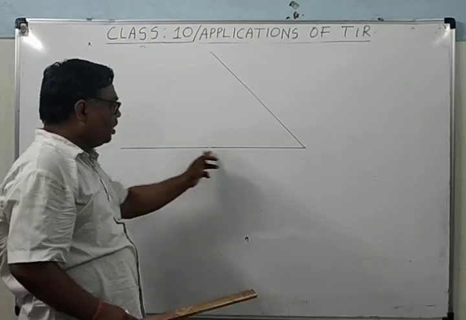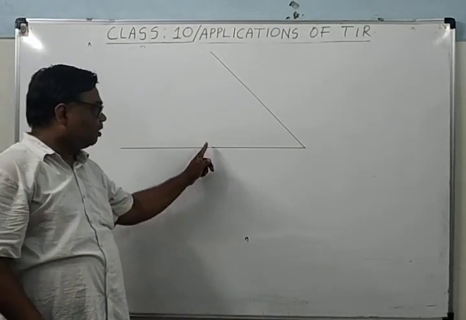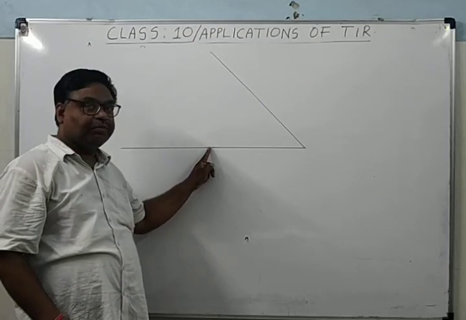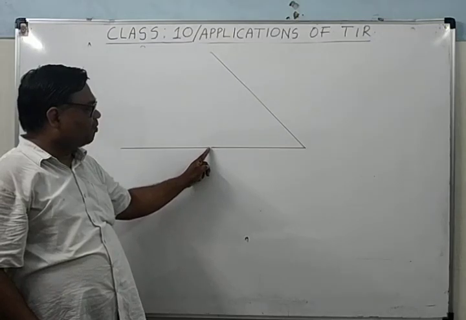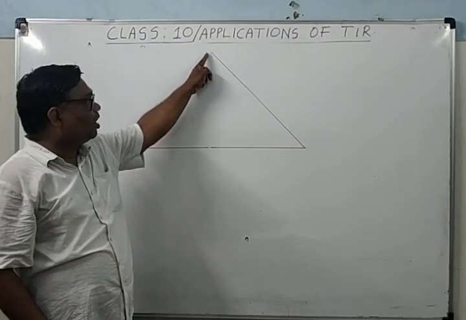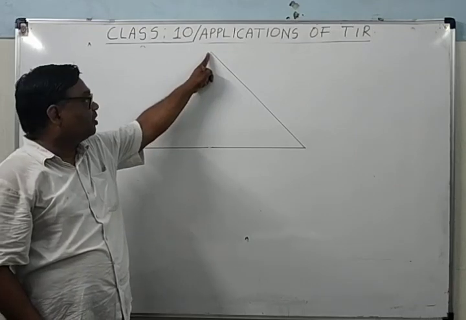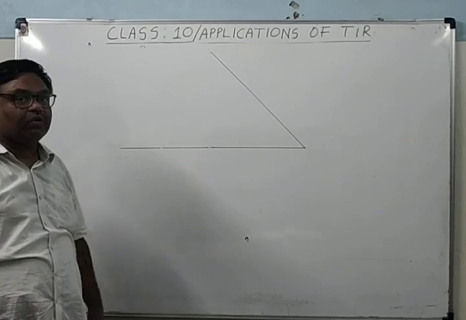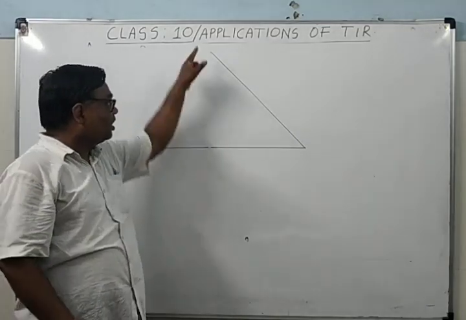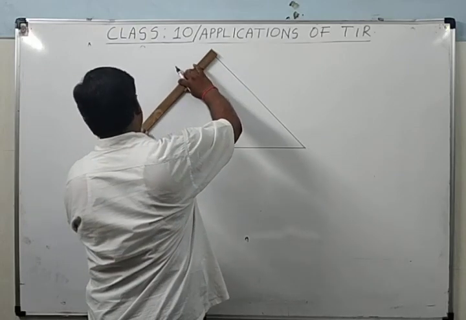First, suppose you have made a line of 20 centimeter. So at the midpoint, which is at the 10 centimeter, you draw a perpendicular line and mark at 10 centimeter, so that this length and this both are equal. This is 10, this is 10, and this is also 10. So now it will become.